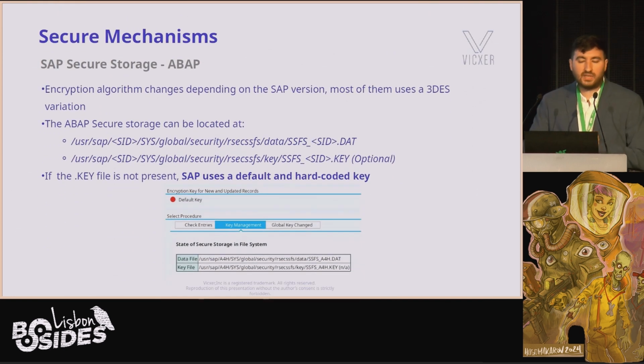By default, in this file system container, you will find one or two files. The first one, the one that you will find always, ends in .dat. Pretty much, as I said before, it's a file that is encrypted in triple DES. And it's not generic triple DES. SAP always likes to take something generic, modify it, and release it. There is always a twist with the encryption.